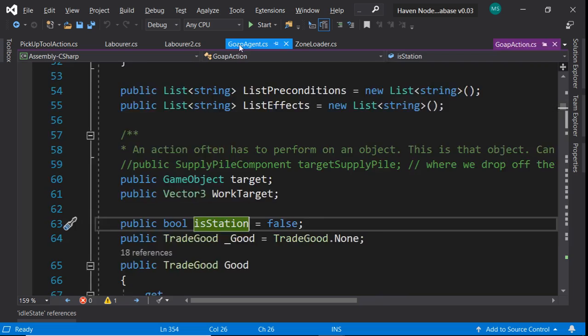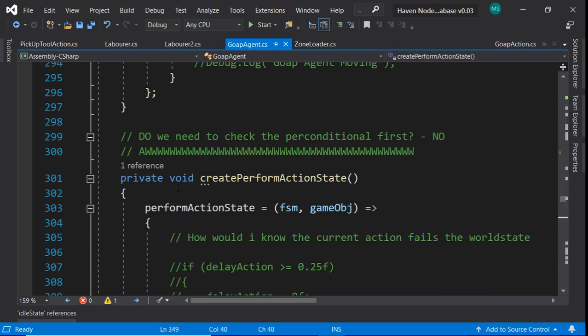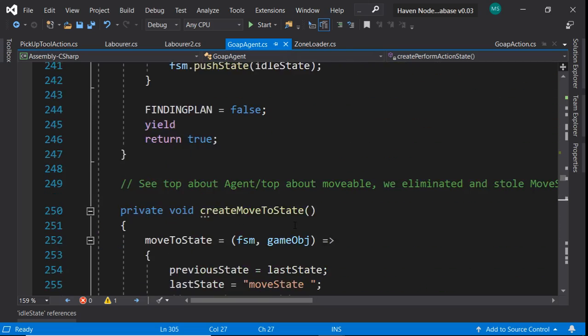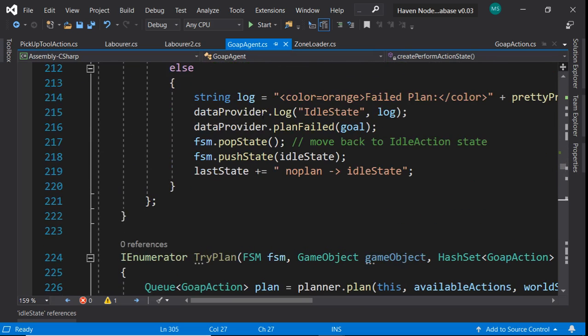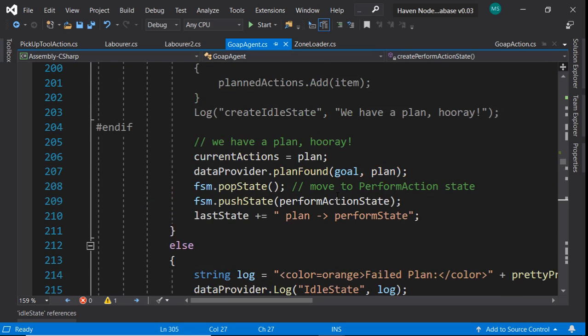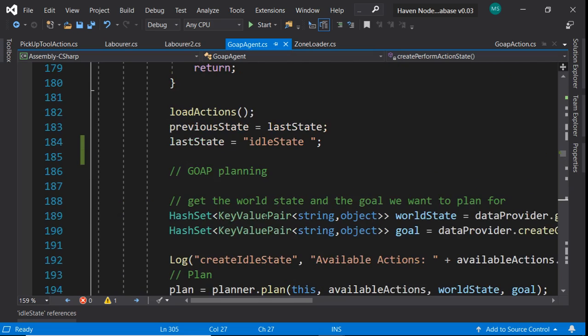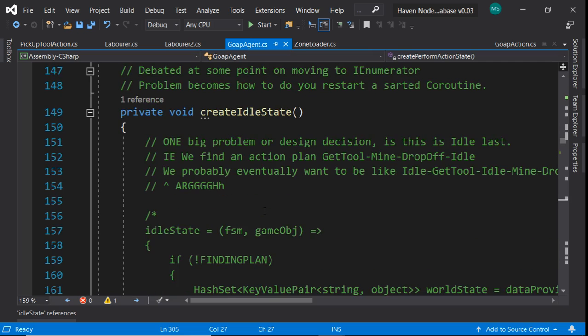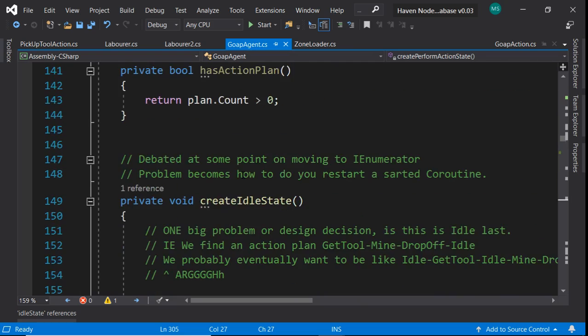Let's see, on these, the Goap agent, to get away from this. It's not that these are complicated, but maybe I should break these down a little bit more so they're not adding in more states here. And then getting out of this idea of just popping and pushing states. For me it's really cool, and when we're running 3 states it doesn't seem that bad, but when we're running hundreds and hundreds of states, we need to have more. And then also break down, let's see, where is the